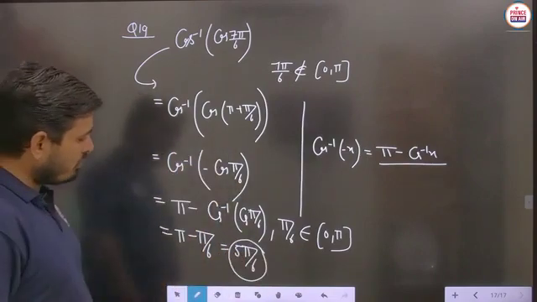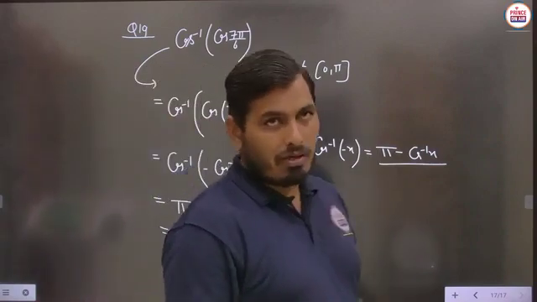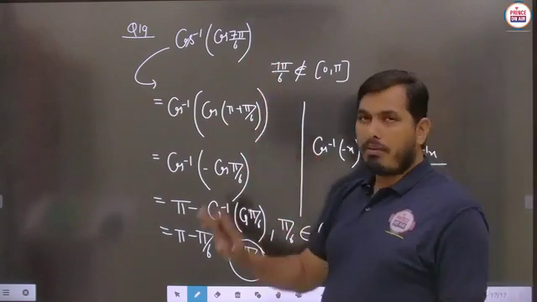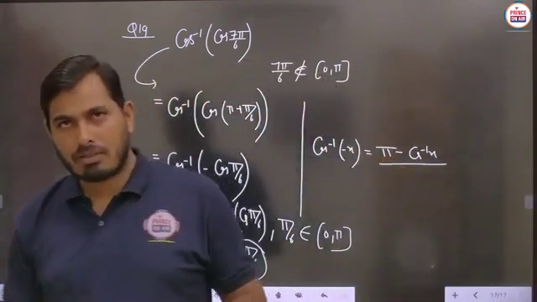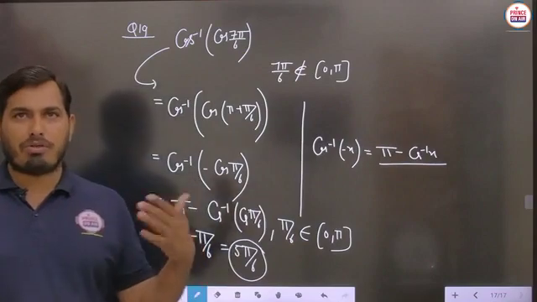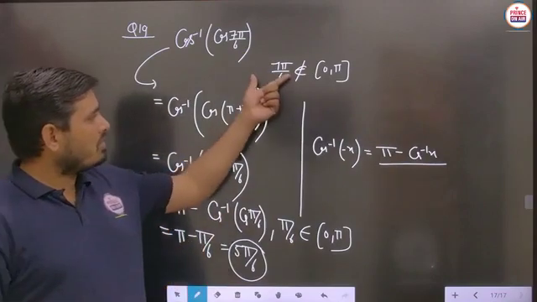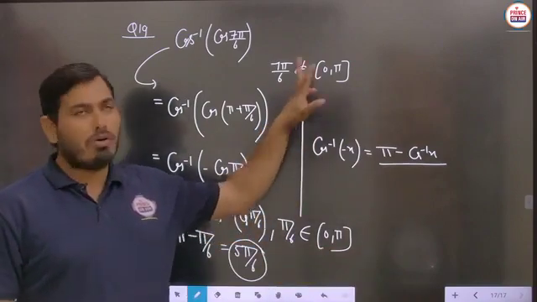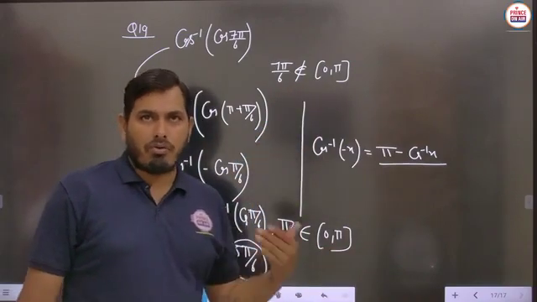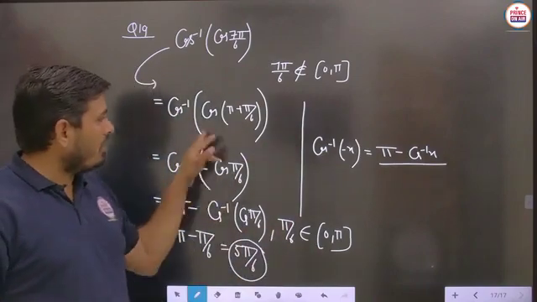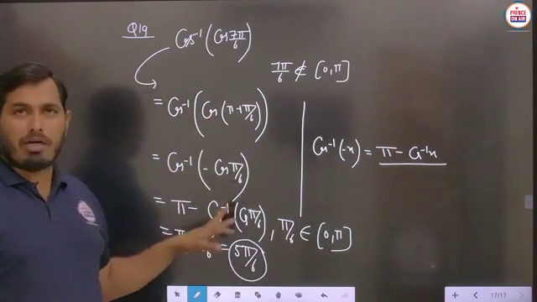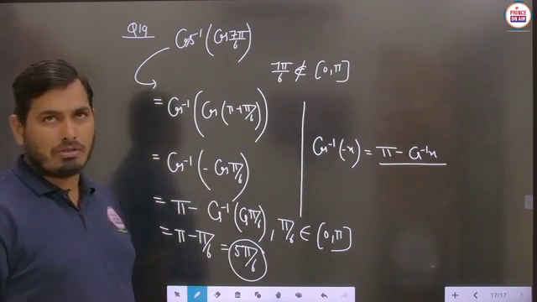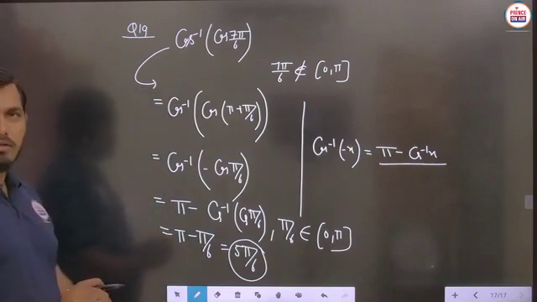So this is a very important question. Some of the students will write the answer as 7 pi by 6, because the question is objective and the first option is given as 7 pi by 6, and they mark 7 pi by 6, but the answer is wrong because the concept is not properly understood. If the angle lies in the principal value range, then your answer is right. But here it does not belong to the principal range of cos inverse, so we have to use some transformation of this angle as per trigonometry, and by using the property finally we will get the answer of this question as 5 pi by 6.